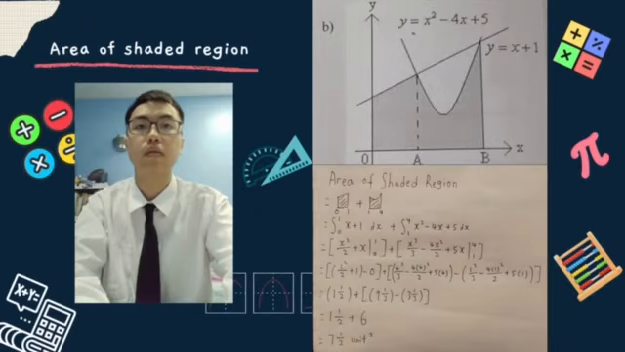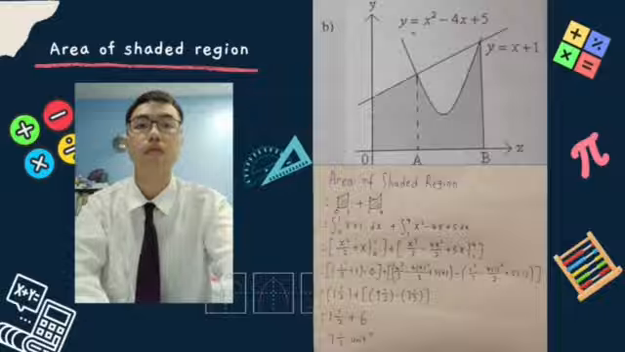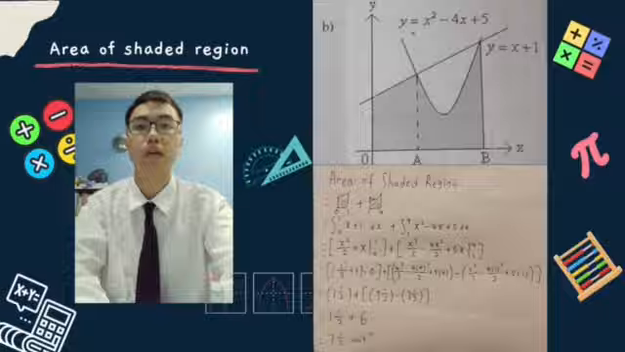To find the area of the shaded region on the graph, we will need to use our imagination to make it become two parts, which is part A from 0 to 1 plus part B from 1 to 4. So we look at part A, 0 to 1, we have x plus 1 dx, plus the part B, 1 to 4, x squared minus 4x plus 5 dx. So next we will have to integrate them, which is from x plus 1, integrate it